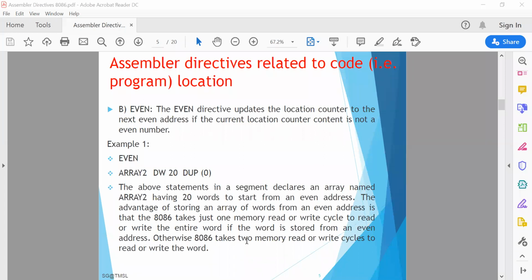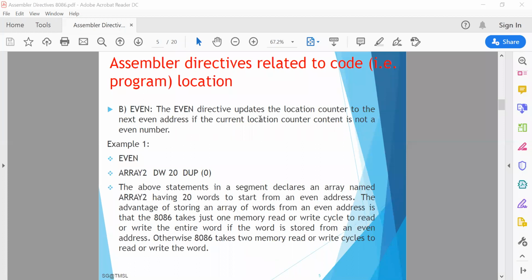Even addresses are stored in the even bank, odd addresses are stored in the odd bank. Like 0000, the first address, is stored in the even bank, 0001 is stored in the odd bank, 0002 is also in the even bank, and 0003 is stored in the odd bank. In this way, the memory locations are divided into two banks.